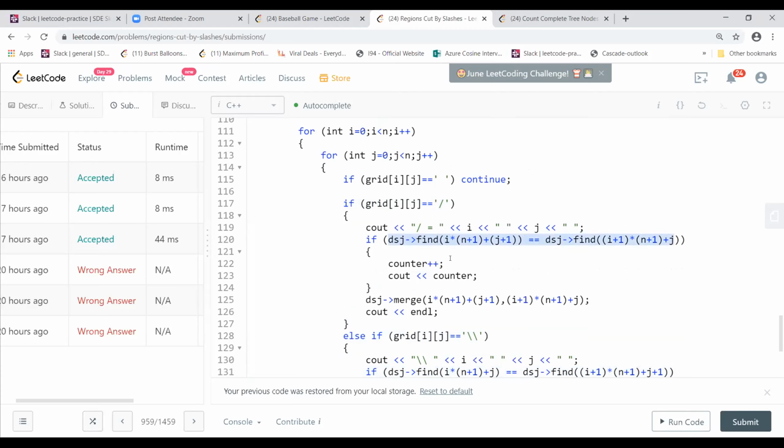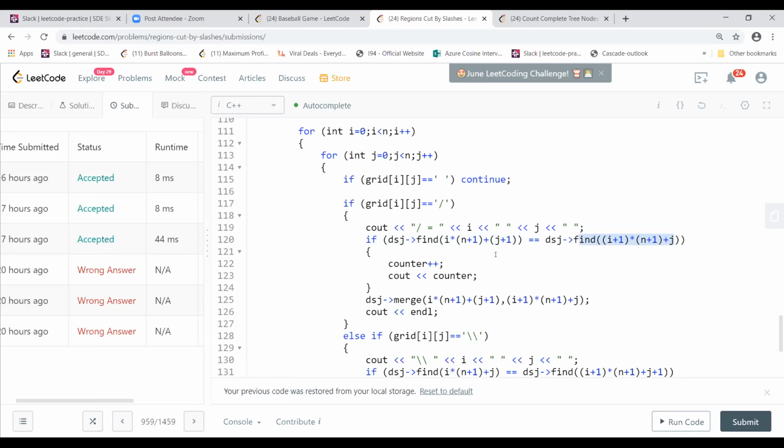I take i, j plus 1, because to look for the top side of this forward slash, the first coordinate is i, j plus 1, and the second coordinate is i plus 1, j, because it's slanting towards the forward side. So that is the diagram I showed earlier, the diagonal one. Then I try to find if they are connected.